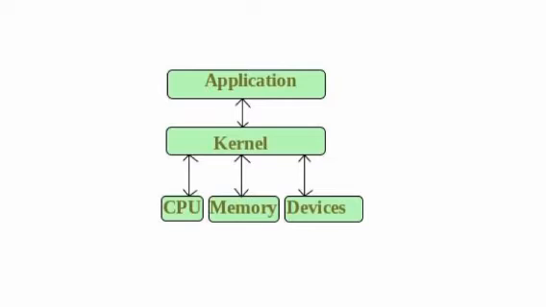Depending upon the user, a computer system is used for a variety of purposes. For example, the computer system is used for gaming, presentation, editing, networking, etc. For each and every purpose, we install software. An application cannot directly communicate with hardware. When an application needs CPU, memory, or peripheral devices, it sends a request to the kernel. It facilitates communication between application and hardware according to the user input. Kernel makes software interact with the hardware to get a specific task done.